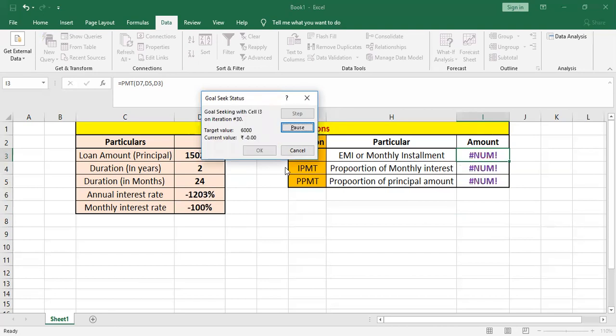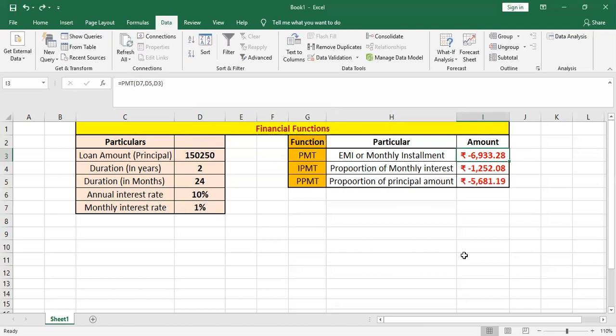Enter. Whoa, we are not getting results, are we? Sometimes it happens that your forecast analysis gets a little bit awkward or difficult, but you have to keep trying, right? I'm just showing you the ways to achieve whatever you want to achieve with the help of an Excel sheet.